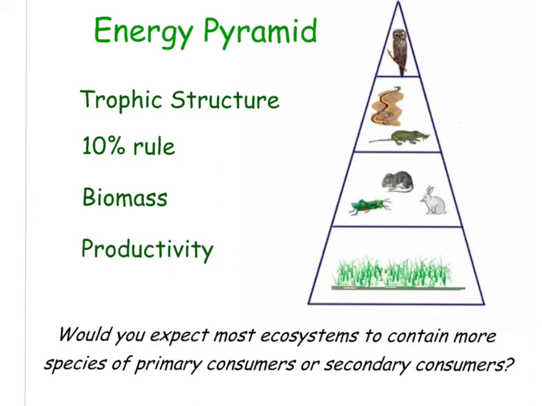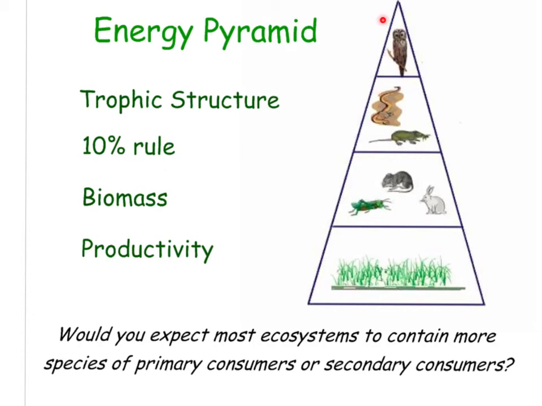Now let's take a look at an energy pyramid. An energy pyramid is a way to represent the trophic structure of an ecosystem. What is a trophic structure? If you haven't heard that word before, basically when we talk about the nutritional relationships among the producers and consumers in an ecosystem, that forms its trophic structure. Each trophic level is when energy is transferred from one organism to the next in that structure. So here we have our energy pyramid with the producers at the bottom, primary consumers, secondary consumers, and tertiary consumers